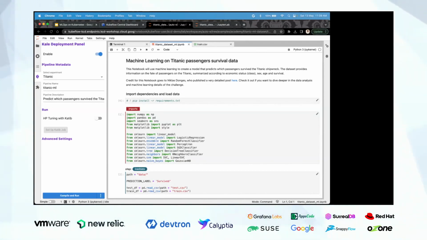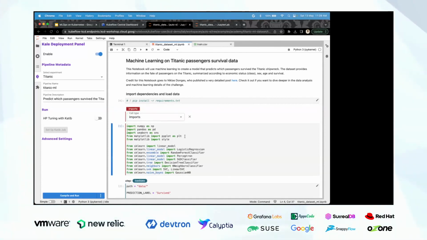What you basically have to do is annotate each cell. By annotating each cell, I mean that once I click this enable option, I will have this particular feature, which has different cell types.